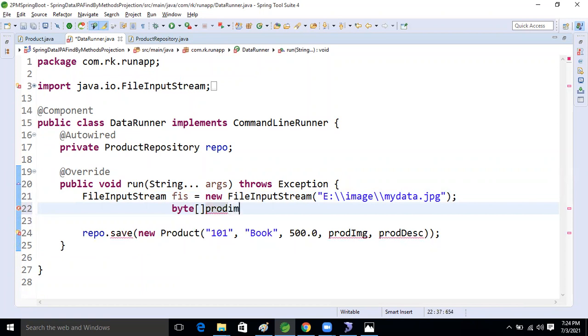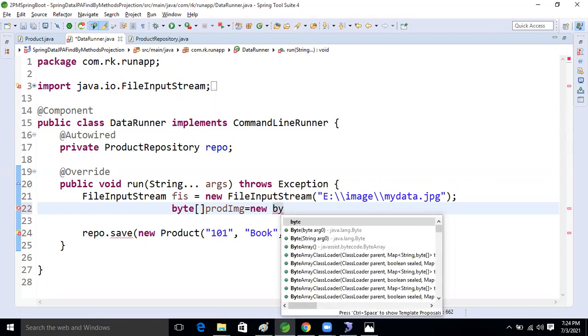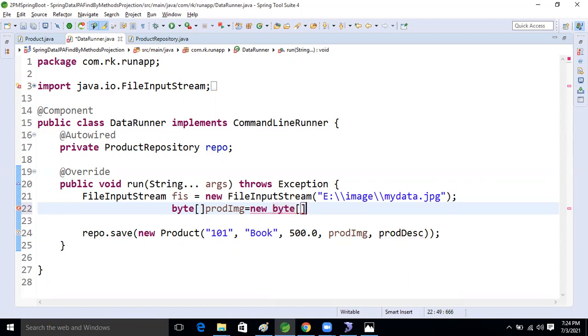Product image img I'm taking, right? Img. Okay, so after then what? We are taking the destination from the destination image and we are converting it into the byte array, guys. Okay, byte array. Now good. So after then what will we do now? New byte array, right? By default the size is there, right? Whatever size is there, we need to convert it. So we don't know what that size is.